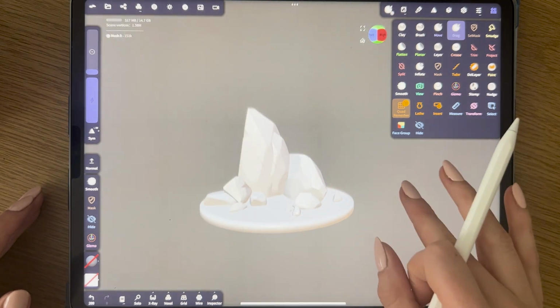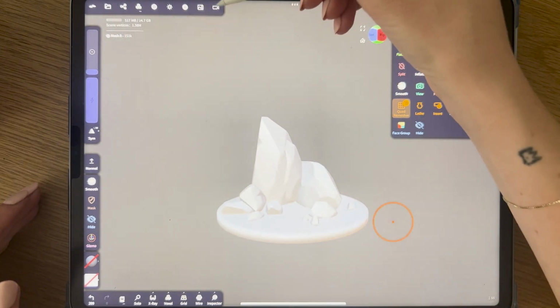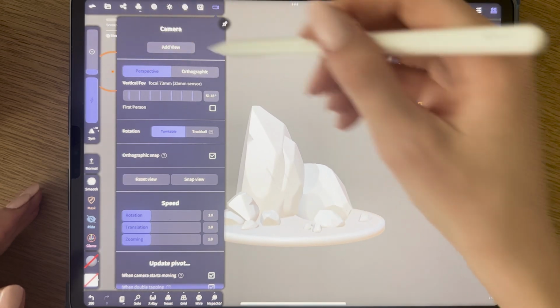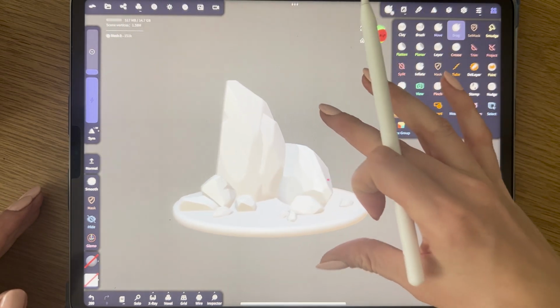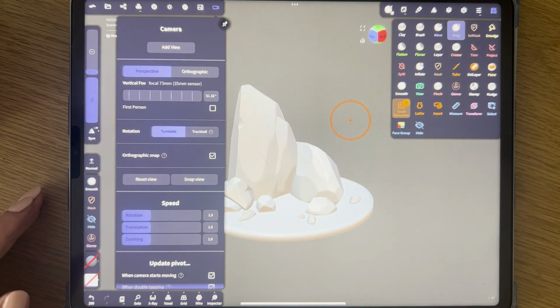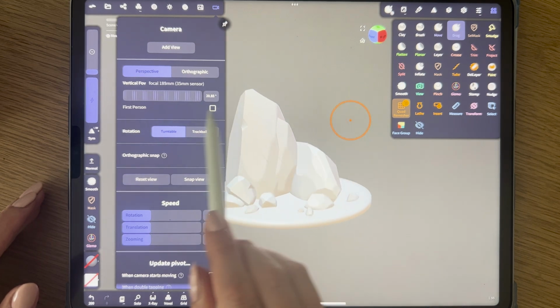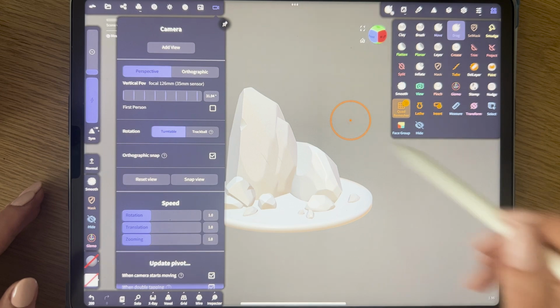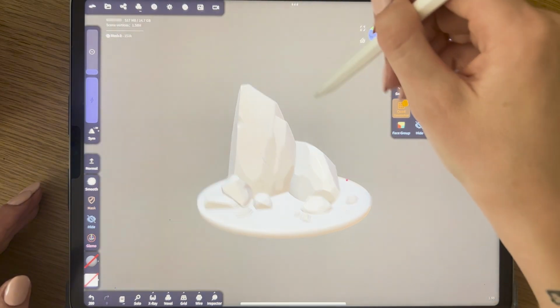Okay, I quite like this. Let's check my view. I have my camera, my focal length was a bit, well, extremely high. So if something looks off, sometimes check your